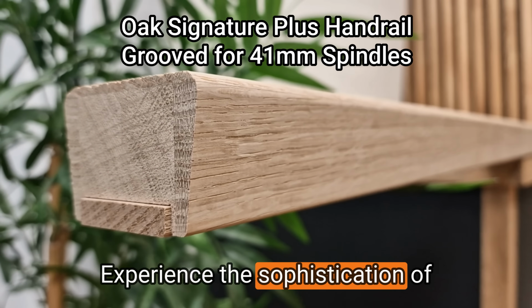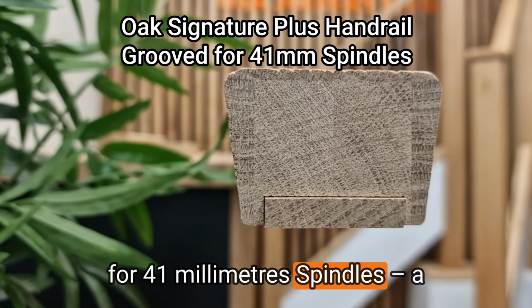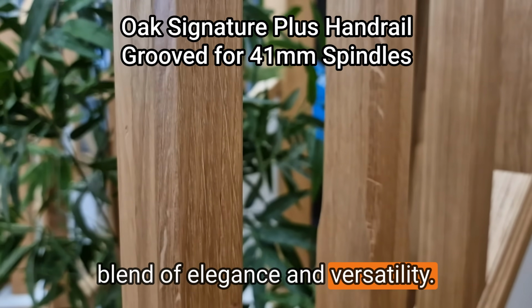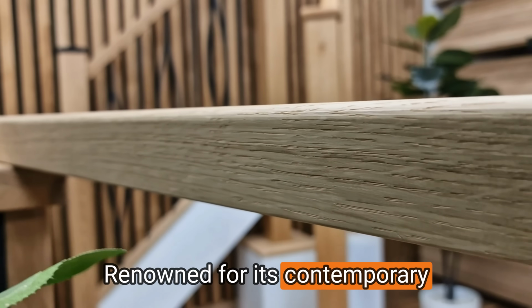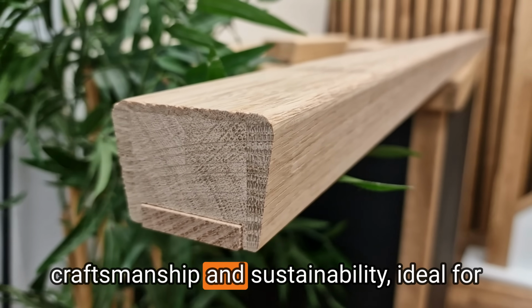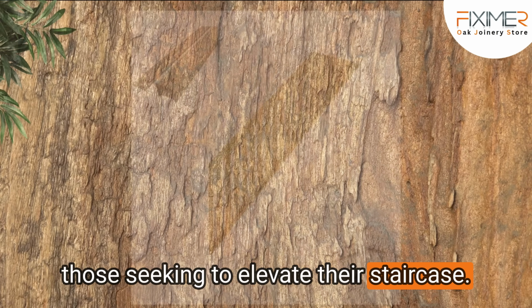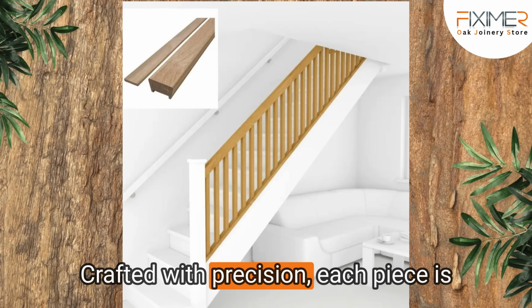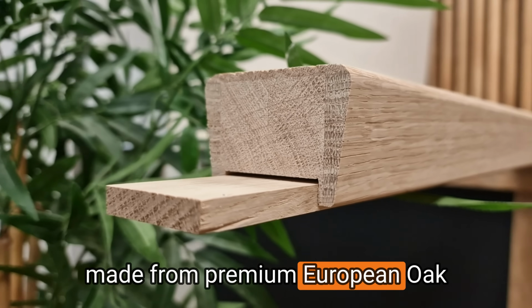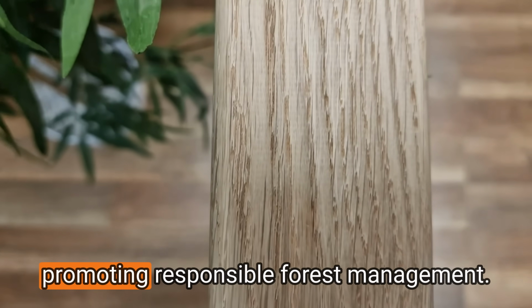Experience the sophistication of our Oak Signature Handrail Grooved for 41mm Spindles, a blend of elegance and versatility. Renowned for its contemporary design, this handrail is a testament to craftsmanship and sustainability, ideal for those seeking to elevate their staircase. Crafted with precision, each piece is made from premium European oak sourced from FSC-certified wood mills, promoting responsible